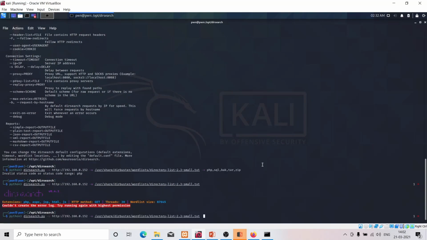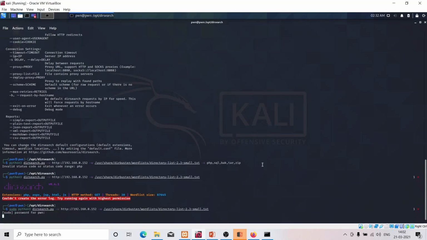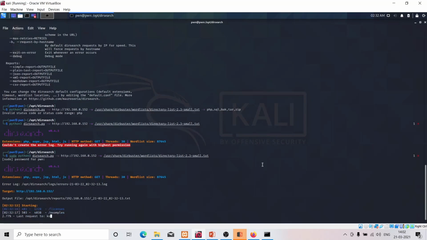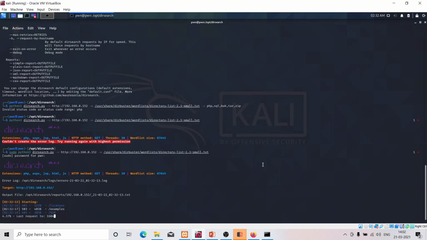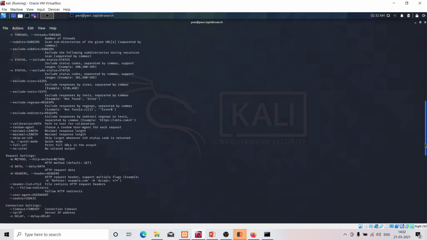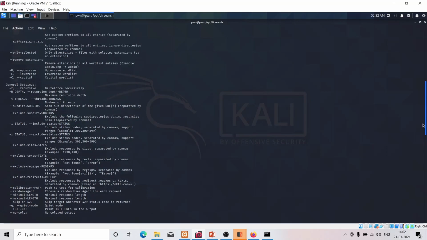Will not create a log. Okay. Sudo permission. As you can see, even I make lots of mistakes. That's totally fine. That's how we can learn. I believe there was an option for extension. Let me check once again.